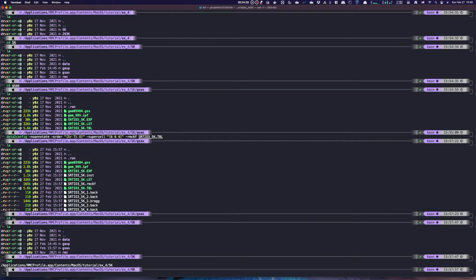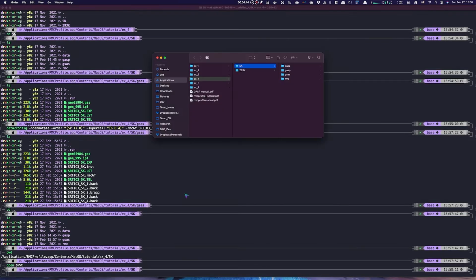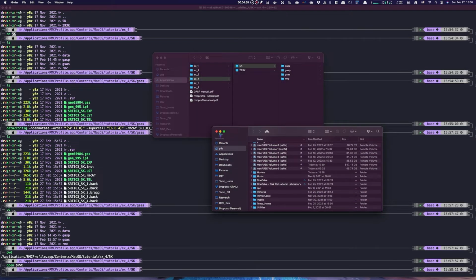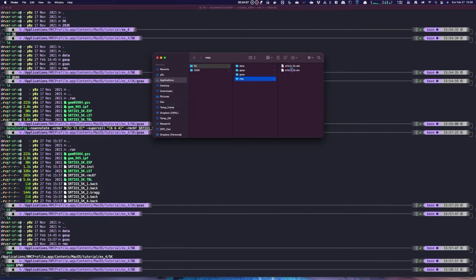And to copy those files, definitely you can use command line commands like cp on the Linux platform, or if you're more familiar with the GUI interface, you can just open the current folder in Finder, for example, on Mac, and then you can just copy the files as usual. Say in this case we want to copy the RMC configuration file, those two files, into say the 5K folder,